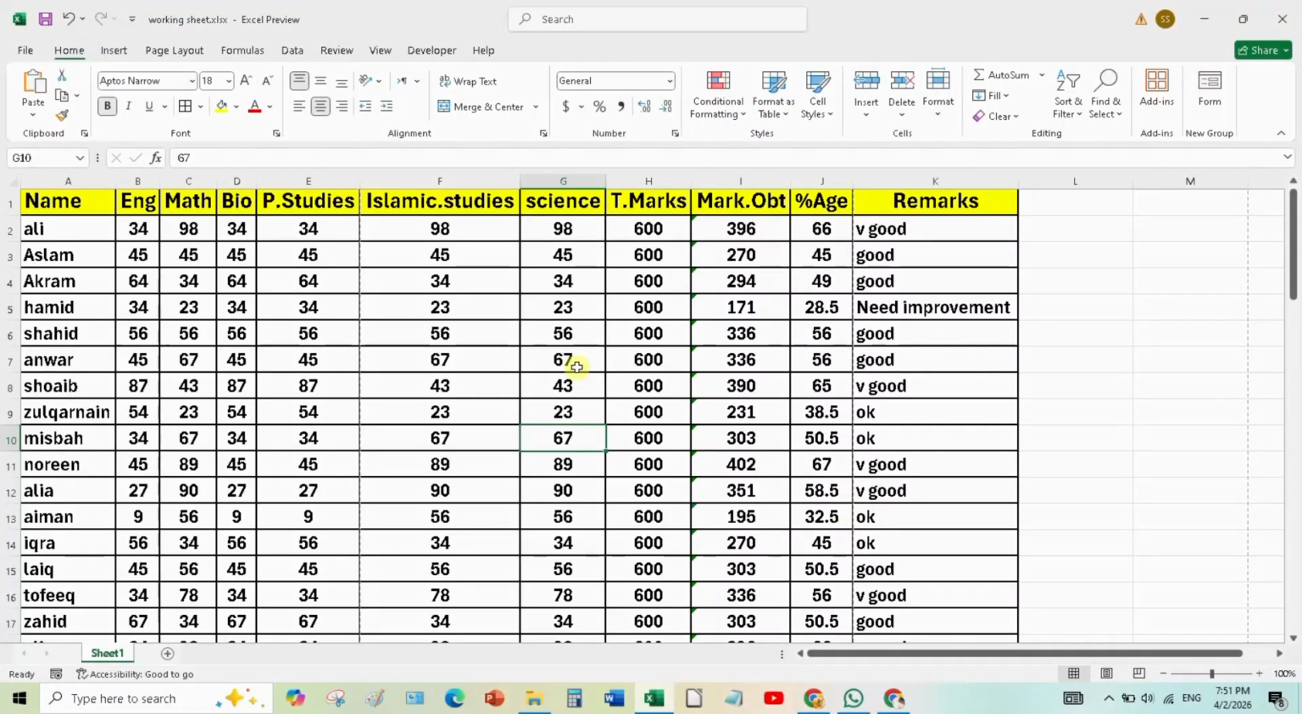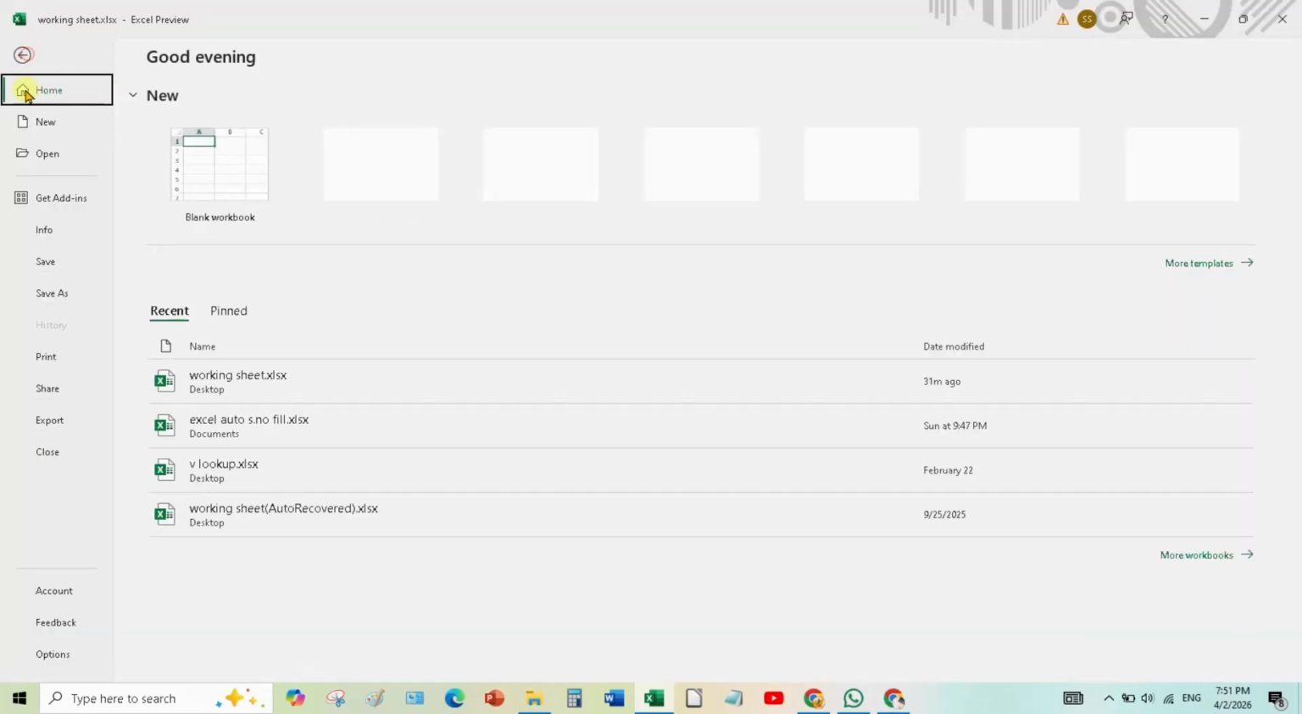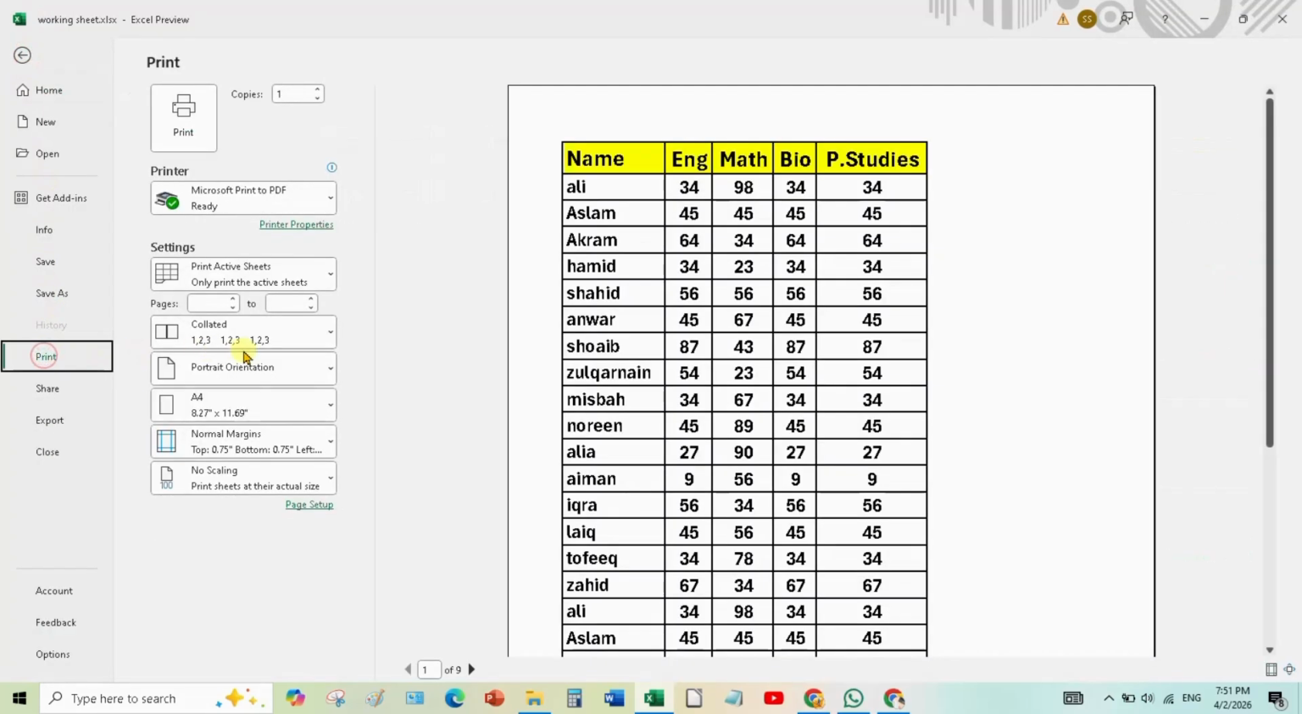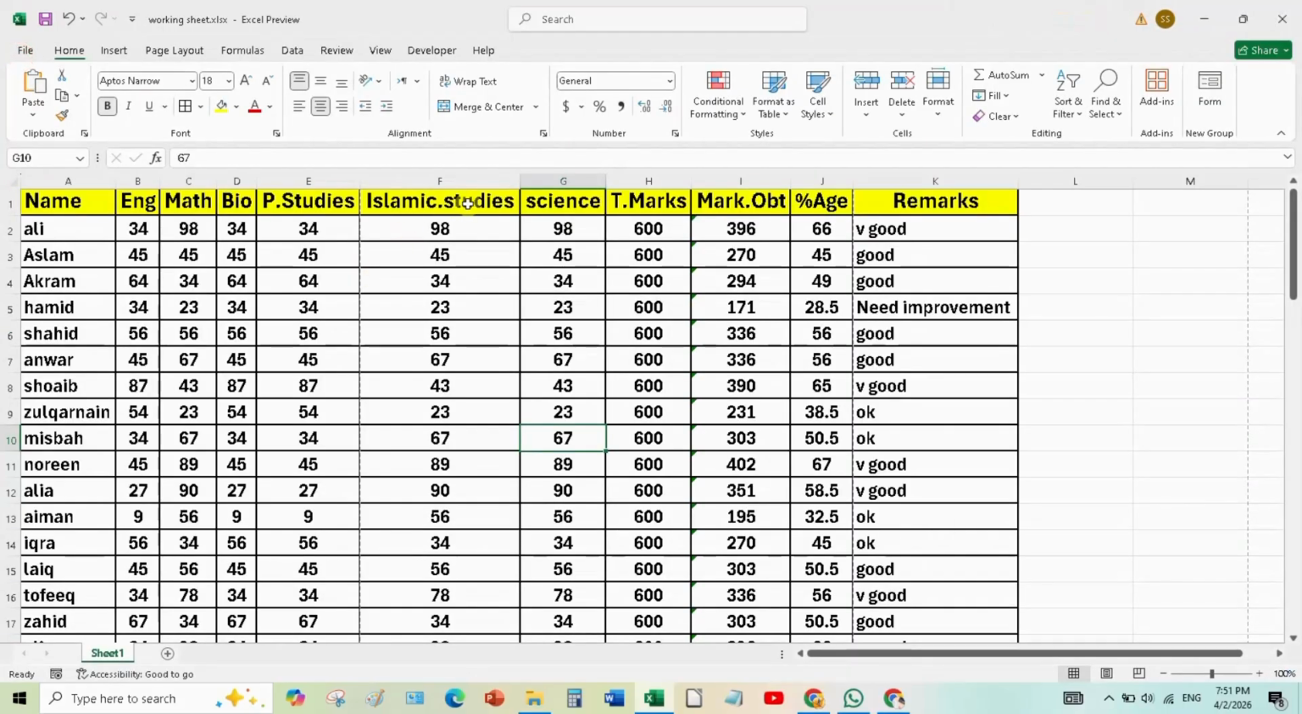Today's video is about how to print large data in Excel. Friends, when we try to print large data in Excel, it does not fit on the page. Here you can see that half of our data is showing, but when we look back, we have a lot of data left behind. In this video, I will tell you how to fit all this data on one page